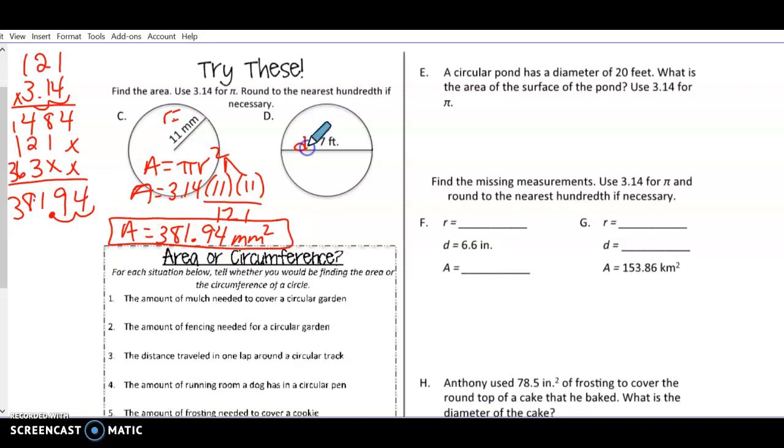Remember, this is a diameter. So you need to find the radius of 3.5. So I'll give you a minute to do that. So hopefully you had a minute to do that. You should have come up with area is 38.465. So we'll round that to 47. And again, feet squared. So then we can talk about how do you know if you're looking for area or